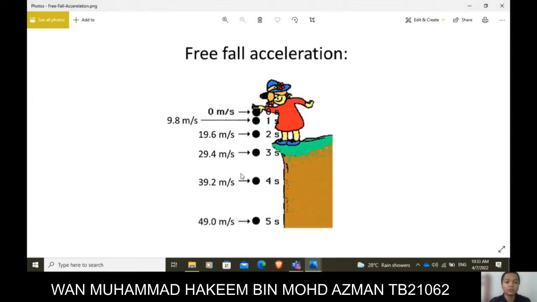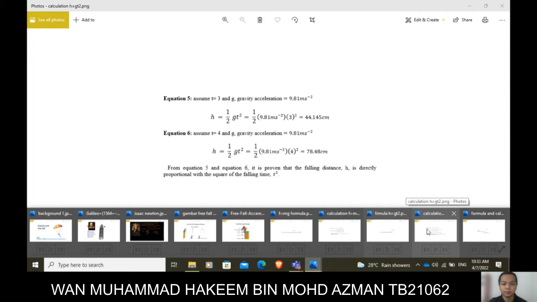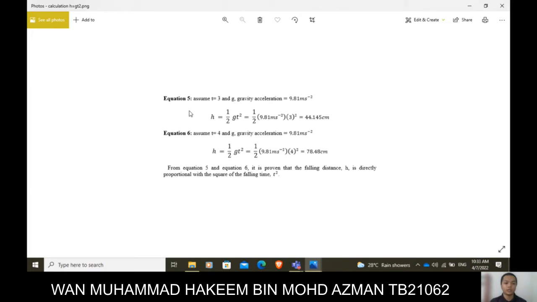If we want to find the value of h on each second and each acceleration, we just need to use this formula where h equals 1/2 g t^2, where g is the gravity acceleration 9.81 m/s^-2. And I have done some examples here. For equation 5, I assume t is equal to 3 and the gravity acceleration g is, as we know, 9.81 m/s^-2. And then I insert into the formula and I get